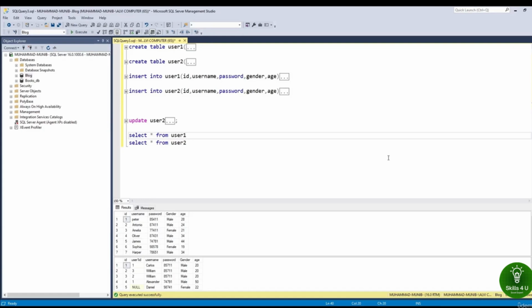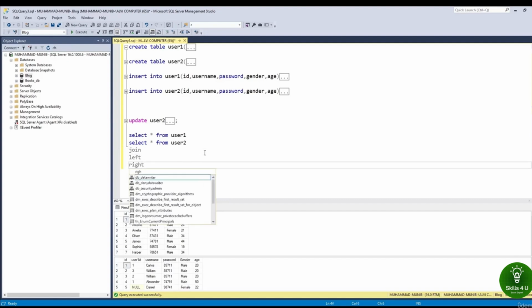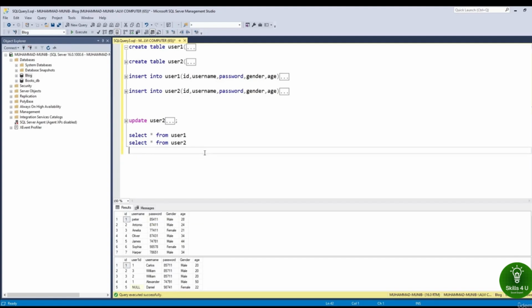In this lecture, I will talk about the concept of join and how we can use it. Join is actually a keyword of three kinds. Number 1, join. Number 2, left join. And number 3, right join. We can join tables by using these keywords. You can use the join keyword if you have a clear understanding of concepts like the primary key and the foreign key. This is because through the join keyword, you can show the data of user1 table data in a user2 table,